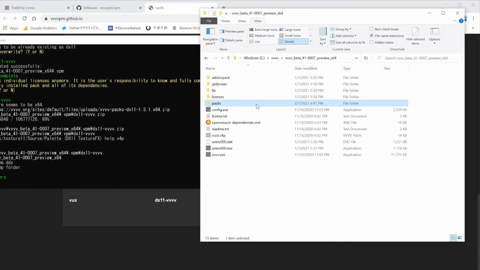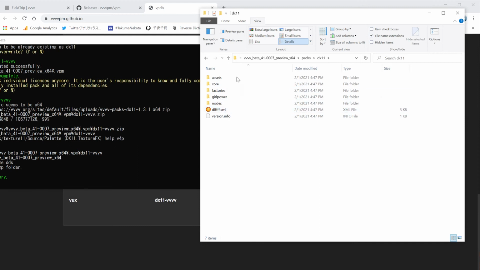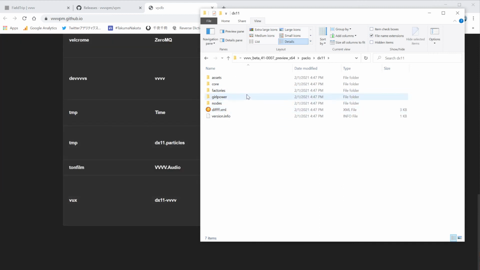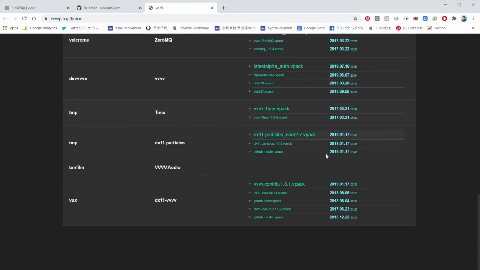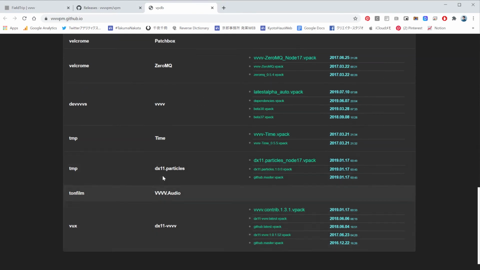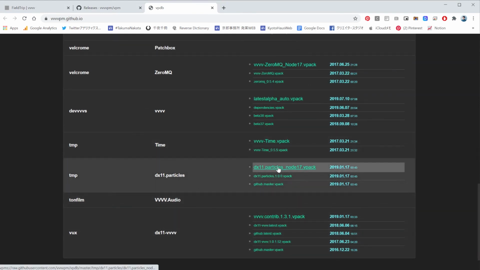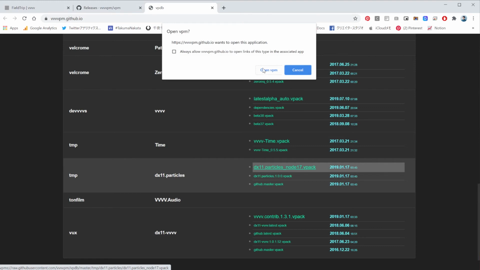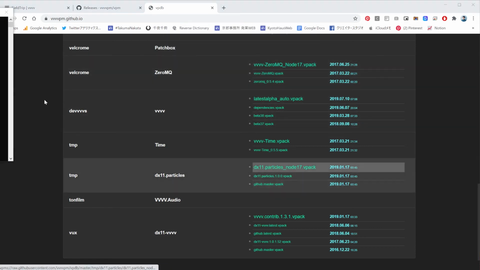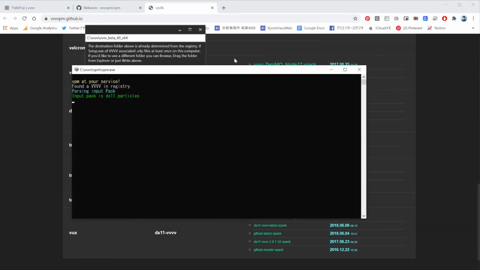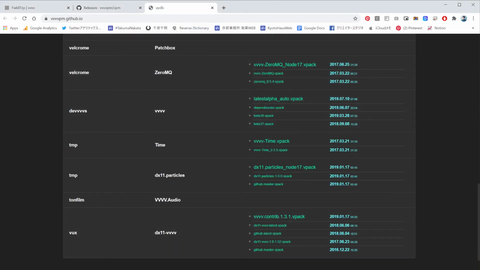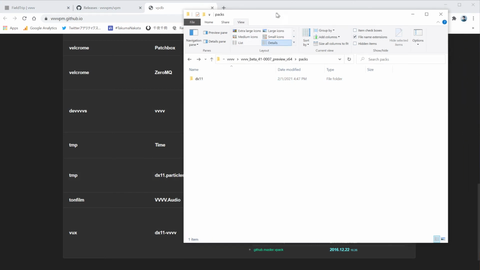So once it's done, installed, I can actually see. So DX11 packs is installed right here. However, I already had a DX11 packs installed, so it's really hard to see the difference. So I'll try the same process with the DX11 particle packs. So I just clicked here and then it opened up these again. However, it's asking me to change this location, and it's quite annoying. So I'm gonna delete this, and I'm going to register